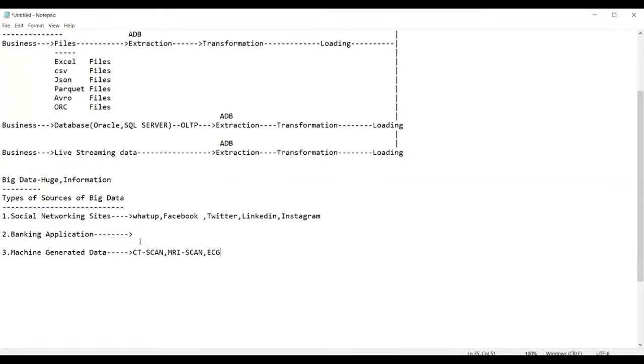That means a massive amount. The CT scan machine generates a very massive amount of data. Any machine which generates data gives what is called machine generated data. That's it. Then afterwards,